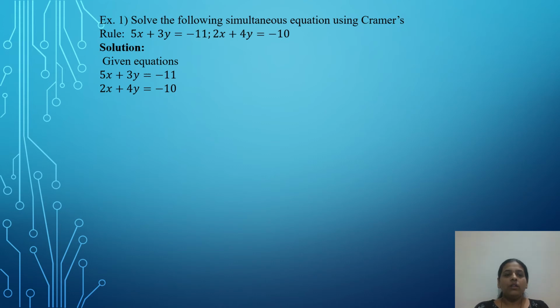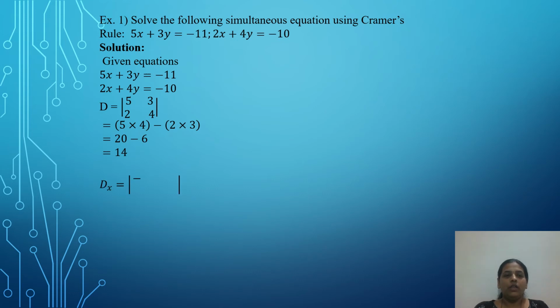So the next step is to calculate the value of D. When D is found, the constant column is omitted. Only the coefficients of the x variable and y variable are carried. So what is D here? That is the determinant of 5, 3, 2, 4. When we calculate this determinant, multiply 5 into 4 minus 2 into 3. After multiplication, 20 minus 6. 20 minus 6 is what? 14. Therefore, the value of D is 14.